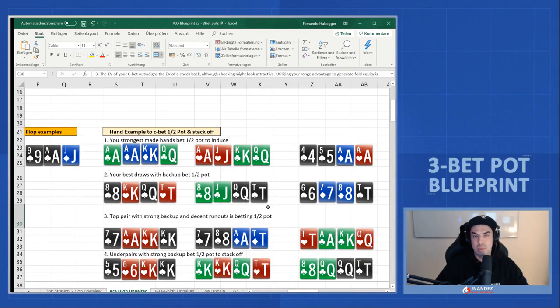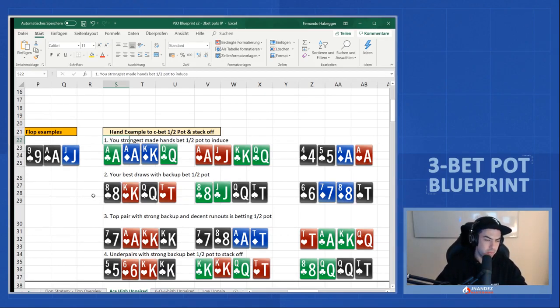Then here we have examples of hands that are going to bet half pot and then stack off. So this is generally a stronger breed of hands that is playing better on turns when getting called. Number one, here we have the strongest made hands that are trying to induce. So Ace, Ace, King, Queen, top set, backdoor nut flush draw and nut gut shot. Ace, King, Queen, Jack. So here we have top two pair and a gut shot. Or Ace, Ace, 5, 4, top set and a flush draw. All those hands are very, very strong, and therefore they want to bet half pot to induce our opponents to